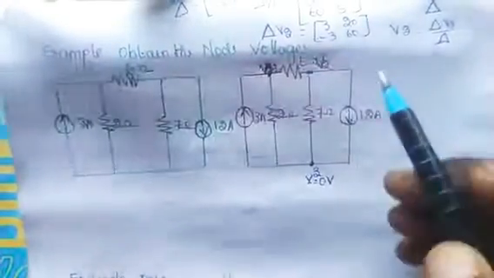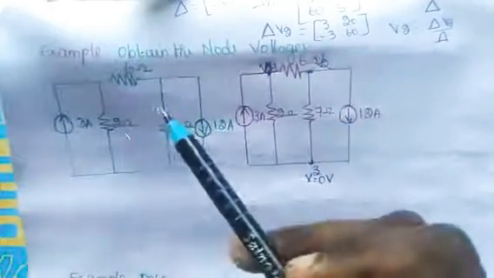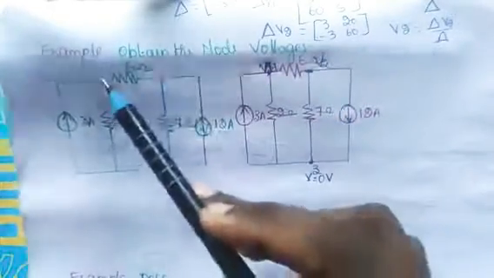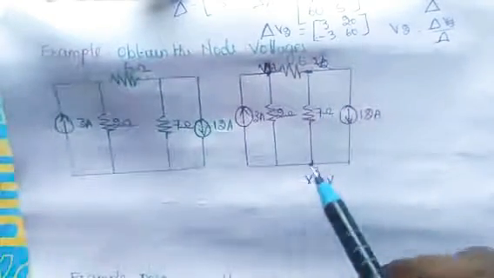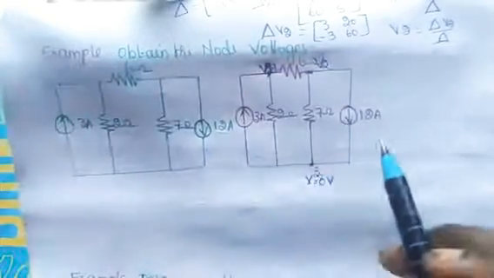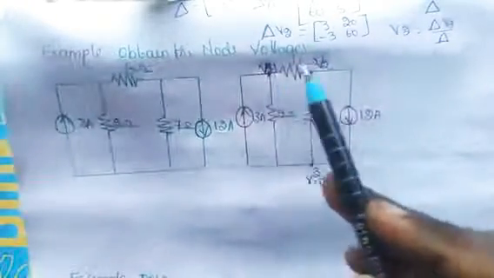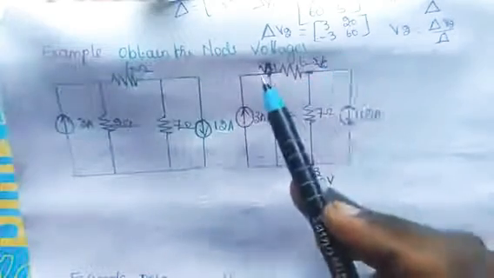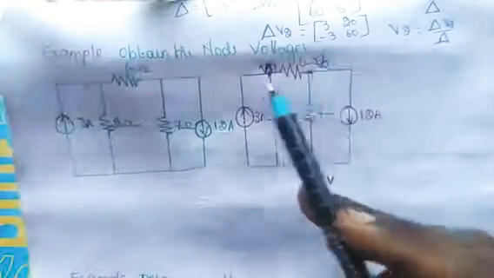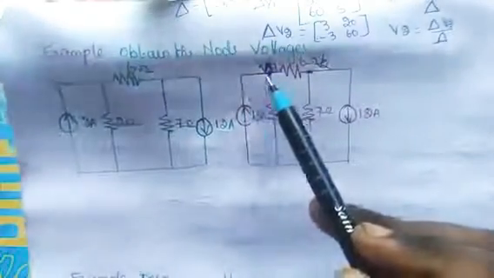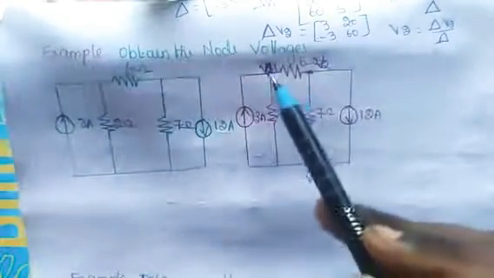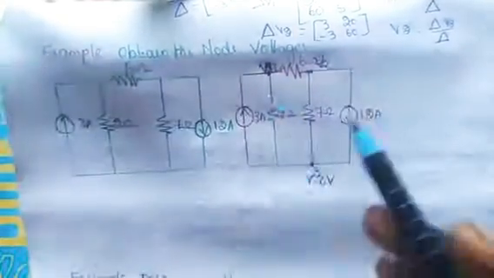Let's solve another problem. In this circuit also they have asked us to find the node voltages. So there are 3 nodes in the circuit, 1, 2 and 3. I have assigned 0 voltage for this node because I am considering this node as the reference node. So the other 2 nodes are non-reference nodes, and I have assigned voltages V1 and V2 for these 2 nodes. Now I have to apply KCL to this node. When I apply KCL to this node, the 3 ampere current is entering the node. In these 2 resistors, the current will flow from higher potential to lower potential. So only 3 ampere current is entering the node.